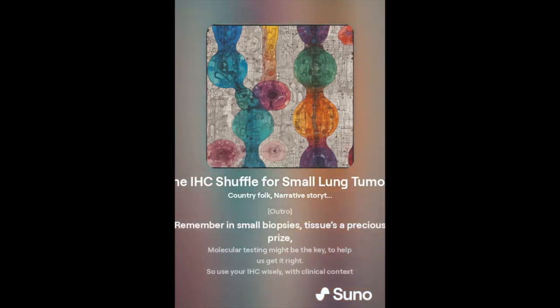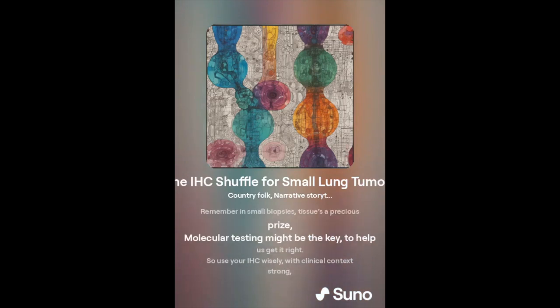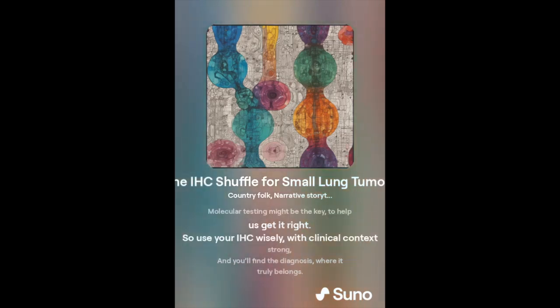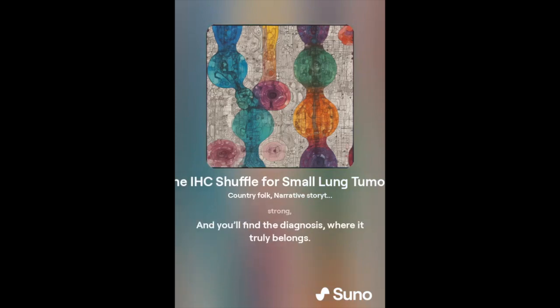Remember, in small biopsies, tissue's a precious prize. Molecular testing might be the key to help us get it right. So use your IHC